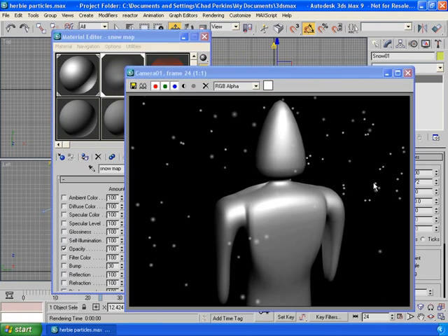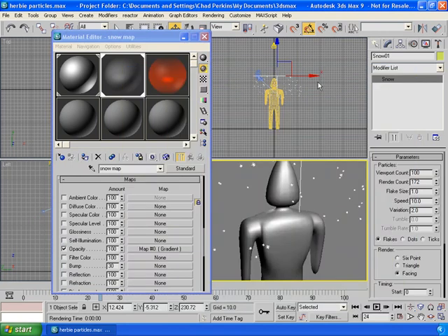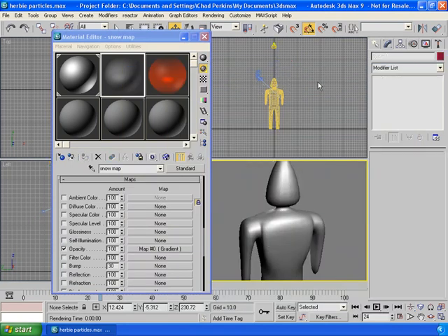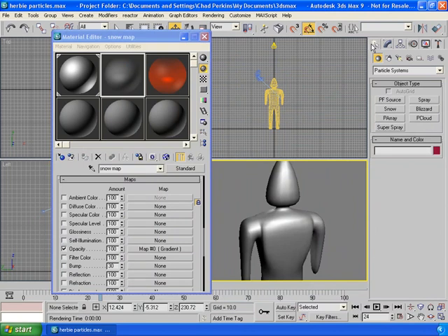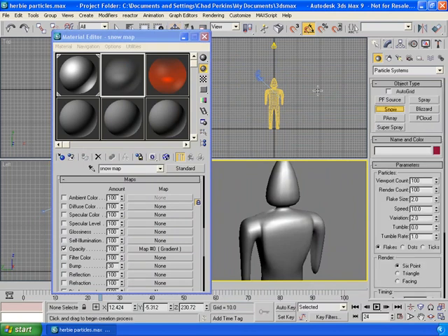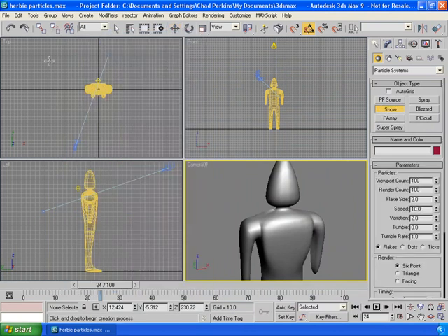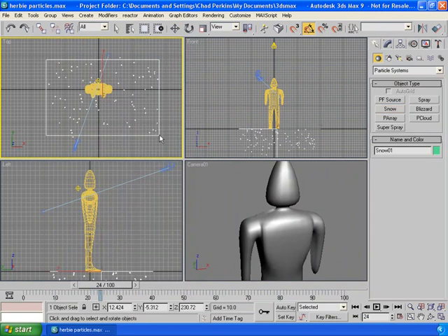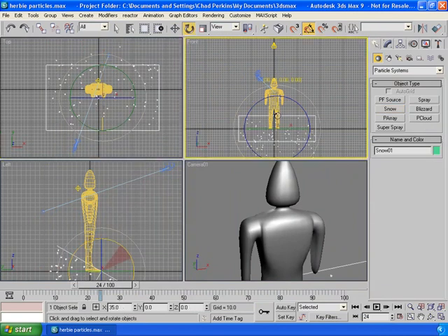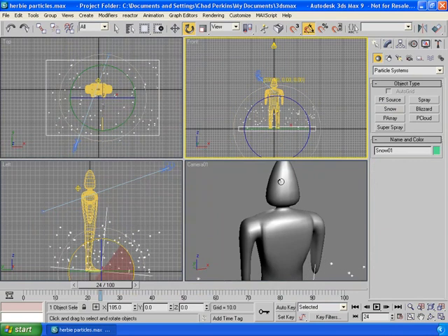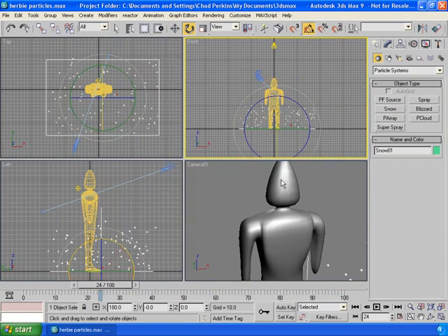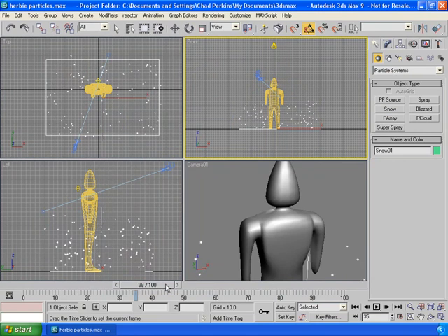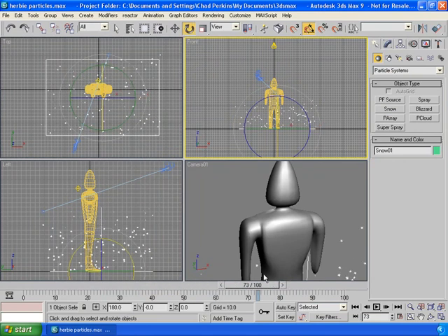And I'm going to delete this snow system and go back to the Create tab and make a new one. Close the material editor for now. Let's make a new one here. But this time I'm going to hit the letter E so I can rotate this in the front view 180 degrees so that these particles are actually coming up. Well, that's interesting. Let's go to the Modify tab and let's take the flake size to 8